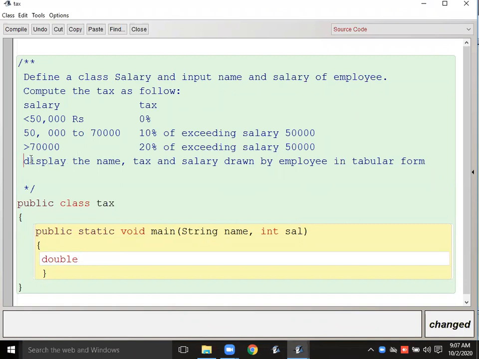And what I have to display? Display the name, tax and salary drawn. Salary drawn means what? What the amount or what the salary user is going to be drawn. Means user means employee. Okay, means after paying the tax जो भी सैलरी बचेगी वही तो यूजर के हाथ में आएगी. ओके, आर यू गेटिंग इट? सो int tax equals to 0. Now I will form if